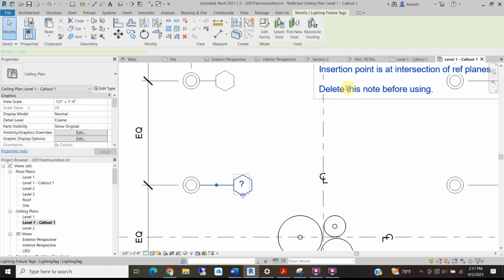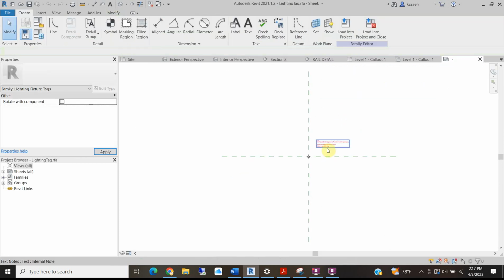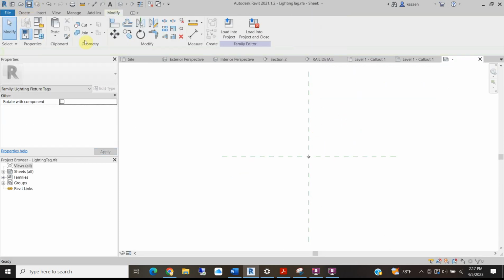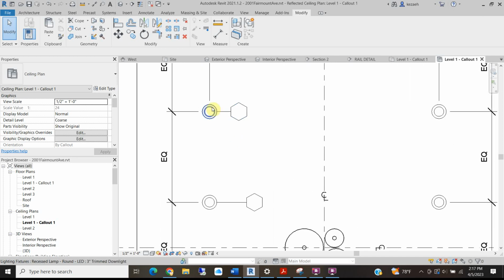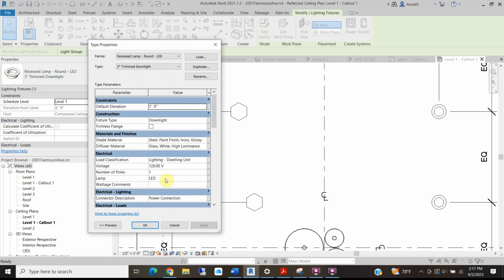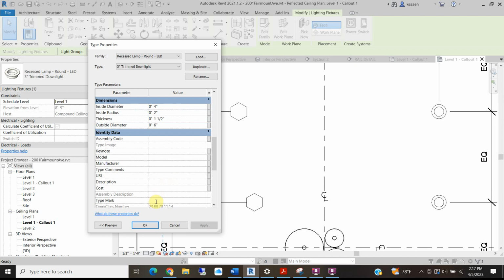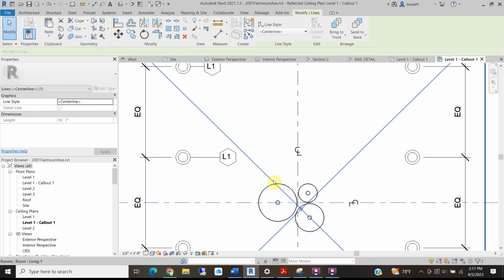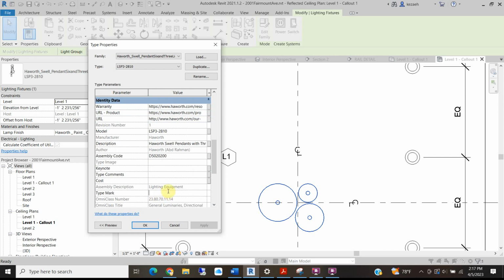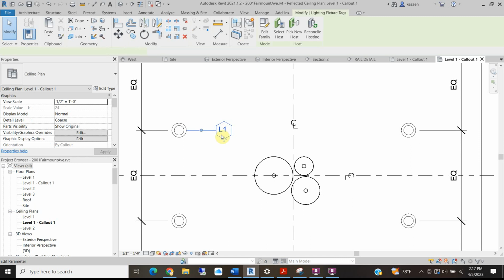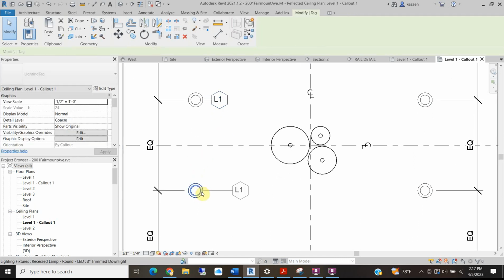Oops, I forgot to delete the note. So edit family, delete that note, save it, load into project and close. Override existing parameter values, awesome. Okay. You'll notice there's no type mark, so I have to go to edit type over here and then put in a type mark. So I'm going to call this L1, hit OK, and then I want this to be L2. So I'm going to select this, edit type, and here I want it to say type mark is L2, hit OK. Okay, so now I can tag all these things, TG,